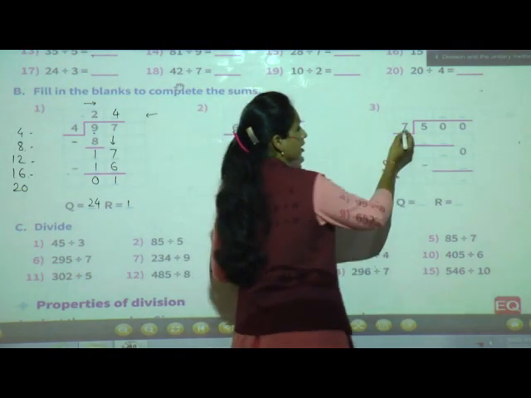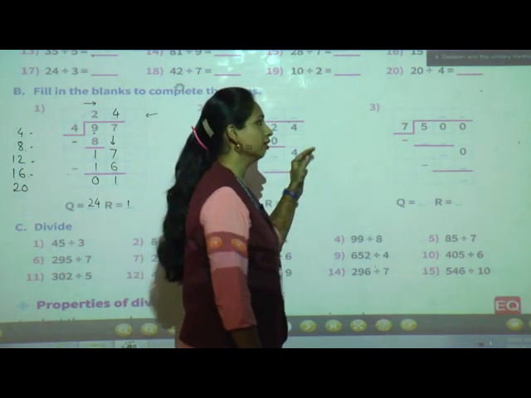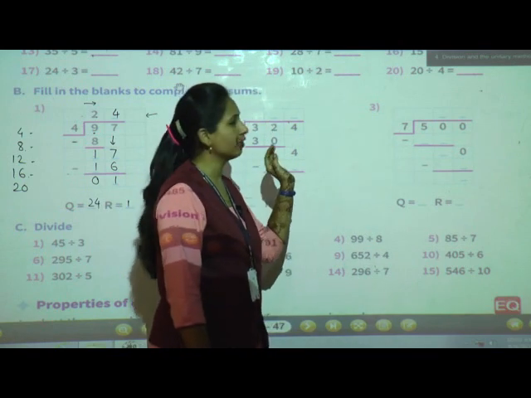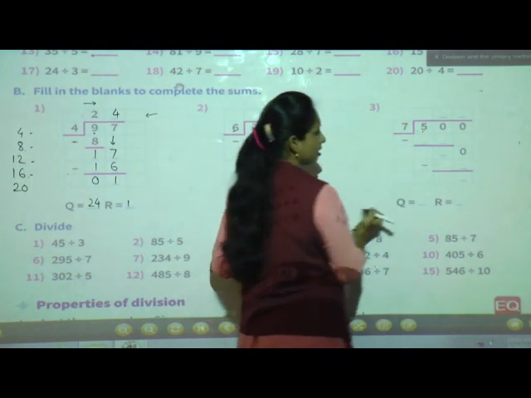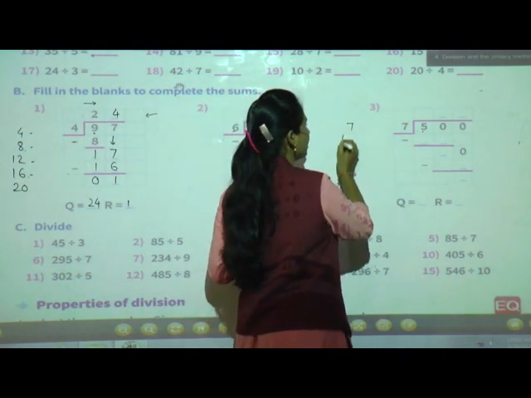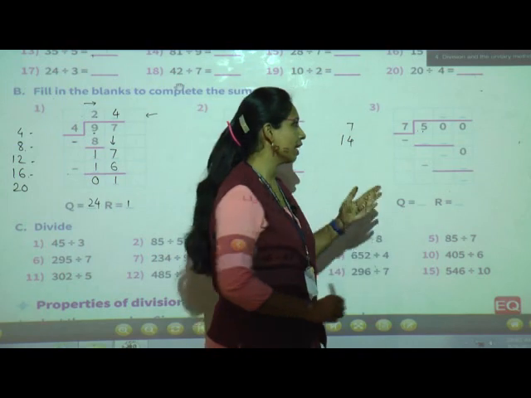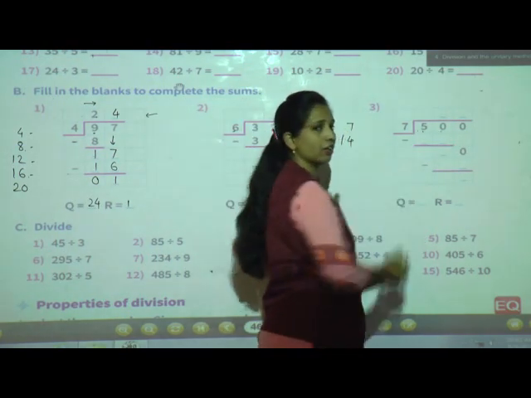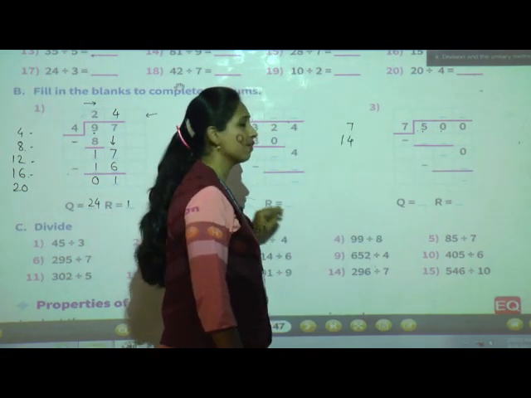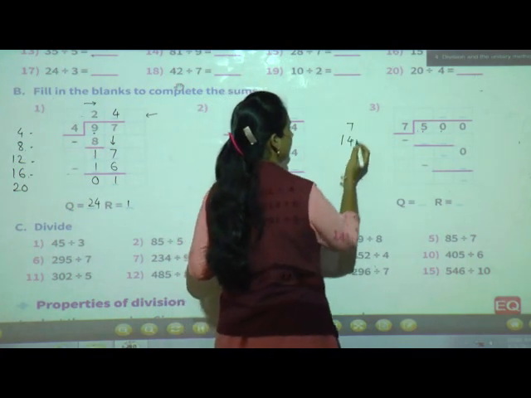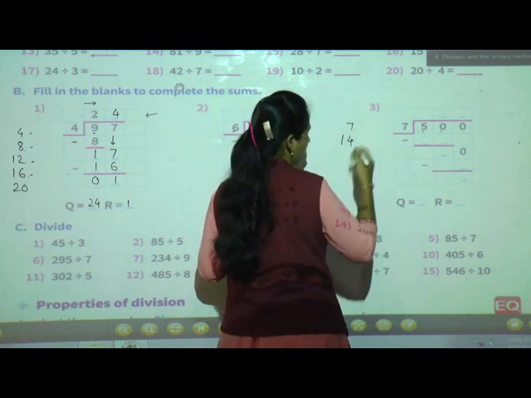Okay? Now see. Now 500 is the dividend. 7 is the divisor. Now we will see whether 5 will come in 7 table or not. See, we will start from the left side. So that is 5. So in 7 table is 5 there? No, because 5 is smaller than 7. So in that case we have to go with the 2-digit number. The next number we have to take is 5 and 0. Now we will see where 50 comes in 7 table. We will start writing 7 1s are 7, 7 2s are 14, 7 3s are, yes, you will say, I will write.